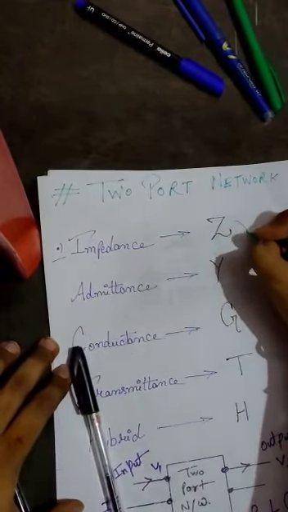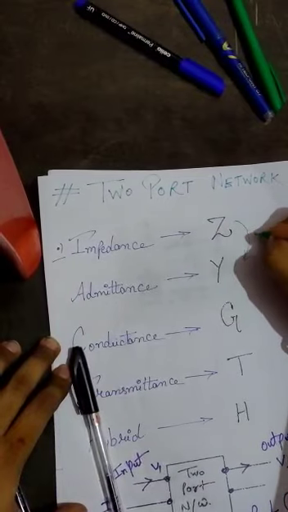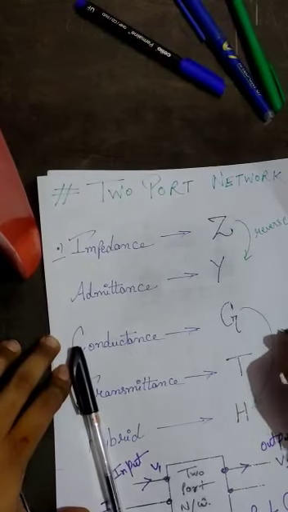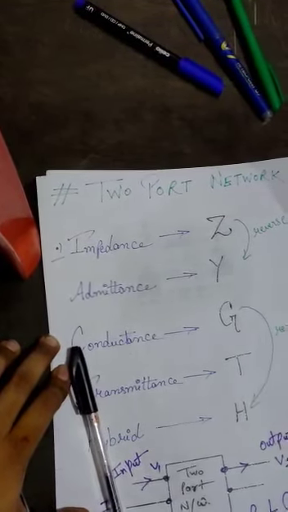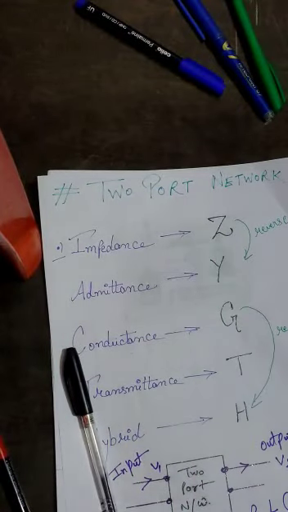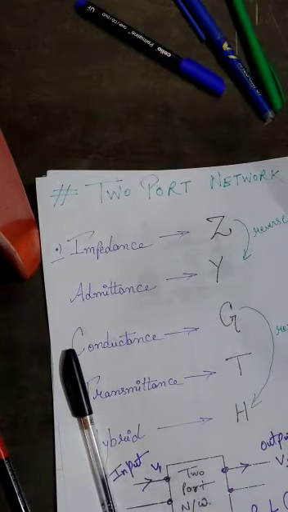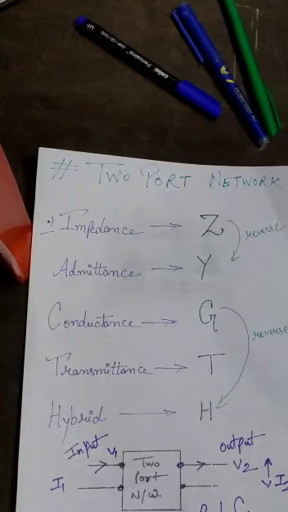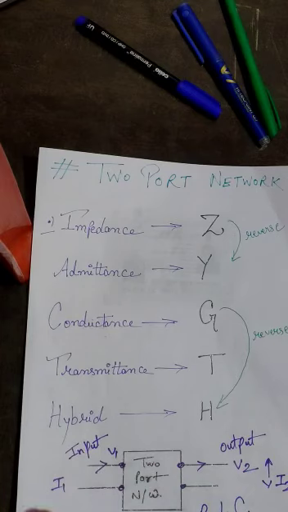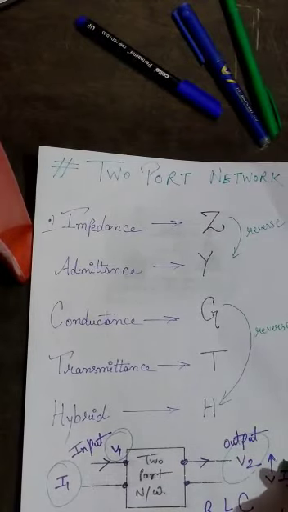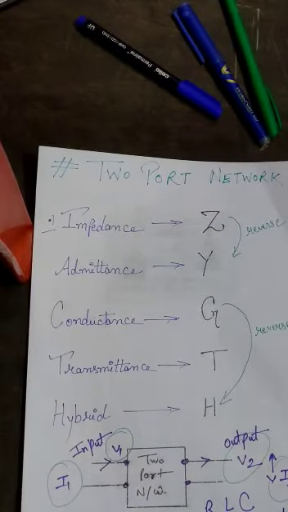Here, G is the reverse of hybrid, and likewise Z and Y are reverses. It means the outputs of Z and Y, and of conductance and hybrid, are interchangeable. To calculate the linearity and homogeneity, we have four variables now: V1, I1, V2, I2. Now we take these and implement them on the parameters.